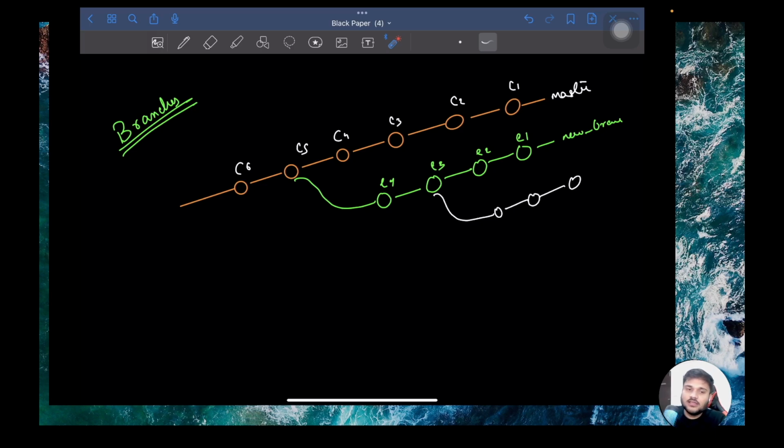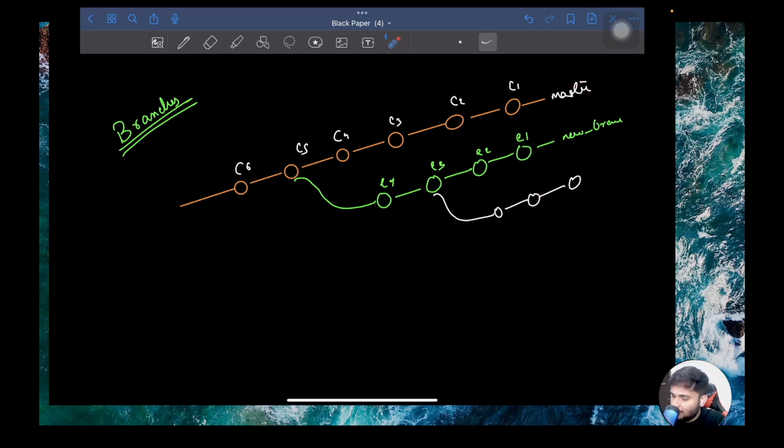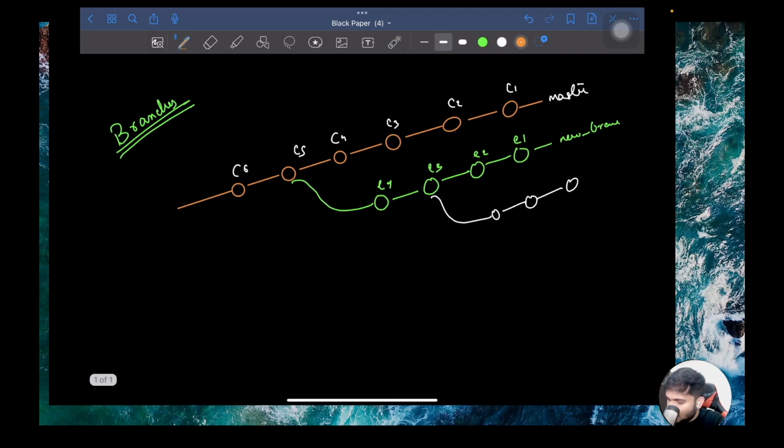To be very honest, for understanding and visualization, this understanding is good. There is no problem with that. But if you go to the technicality of branches, branches are technically not a parallel timeline of your project. They are just simply one thing. A pointer to a commit. They are just a pointer to a commit.